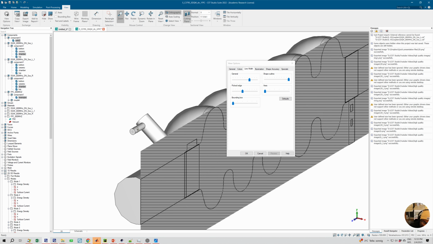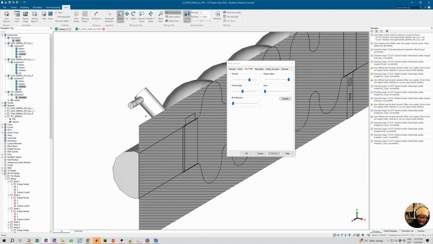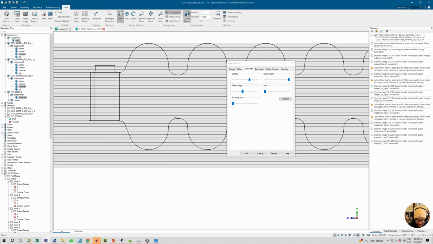So yeah, or at least I would admit that maybe it's because I do not yet know how to use them, but playing around with them, they do not always give exactly what you would expect. For shape outline, I would expect that if I were to have, for example, this cross section, then I would want to increase this, because I had need for this when I was trying to show, if I could,